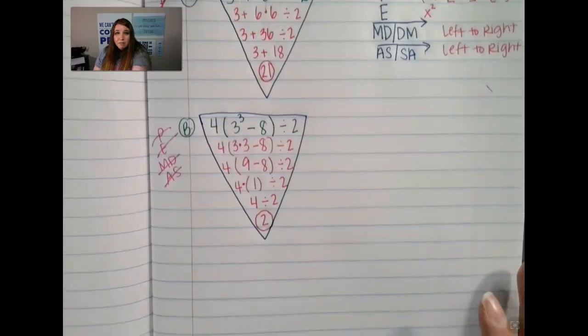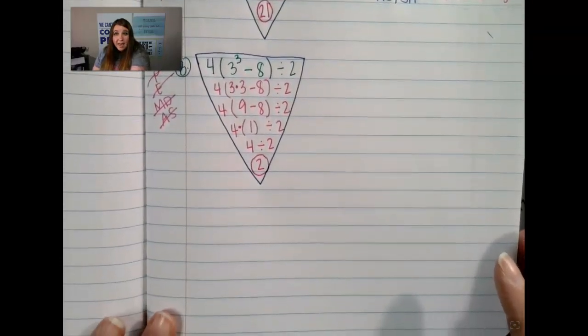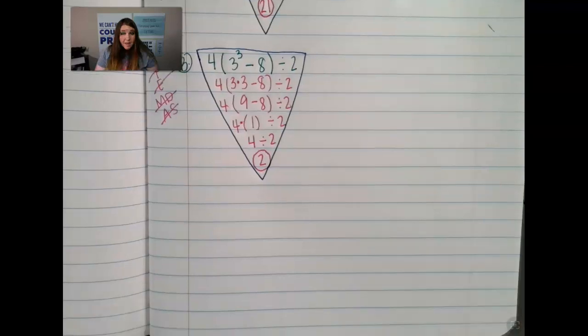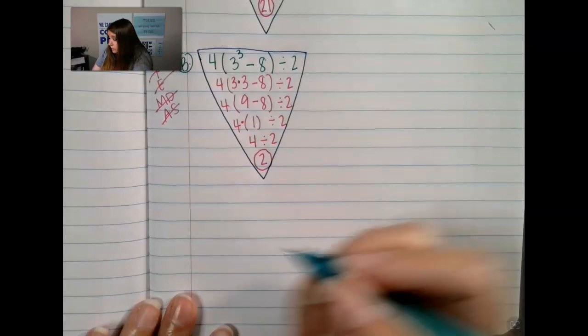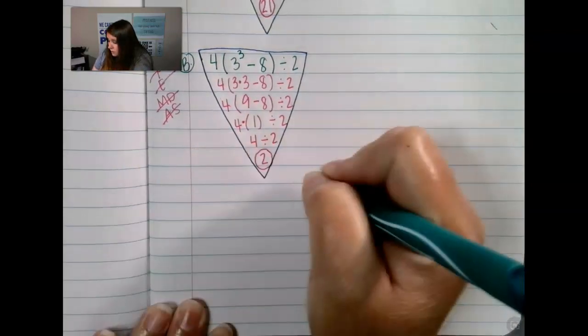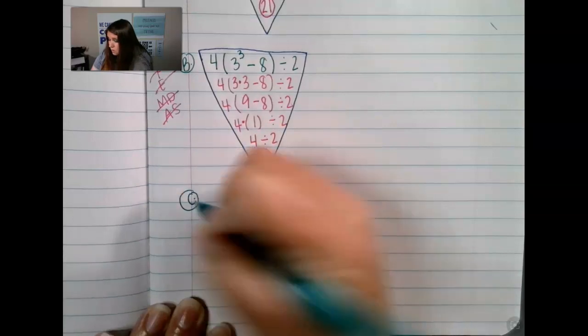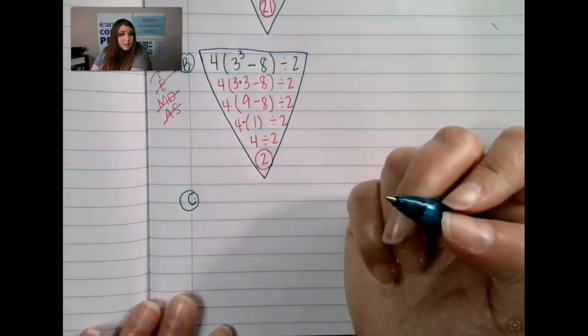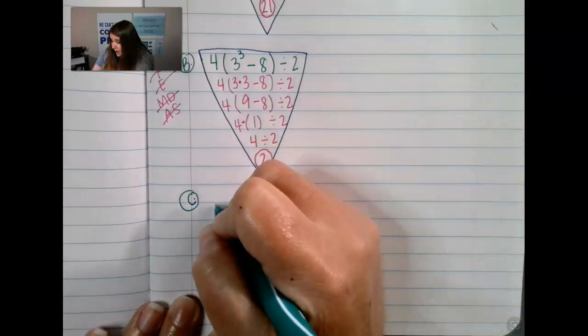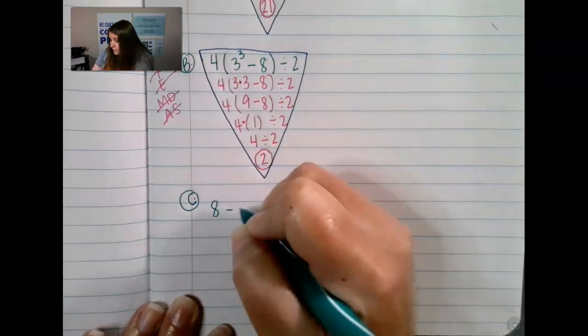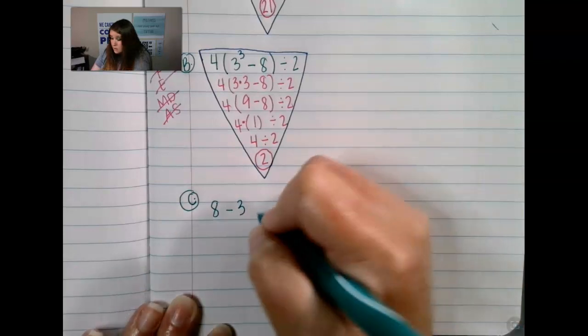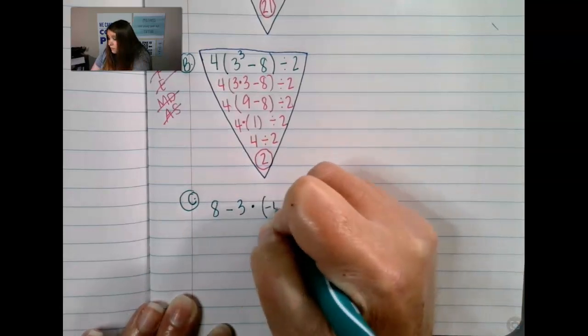All right, now we're going to throw in a problem that has a negative in it, or negatives, so that way we can see also how to do the integers when there's negatives in there. All right, so letter C. Letter C says that I have 8 minus 3 times a negative 4